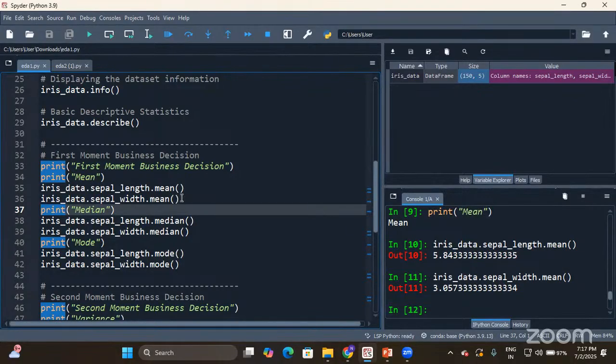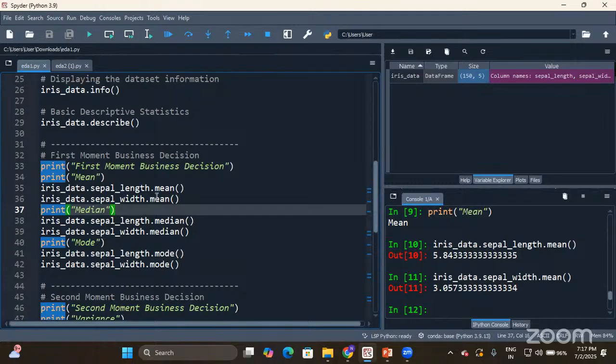This is just an example. EDA means performing analysis on all the columns. I haven't done it on the rest of the 2, but when you are working on any data set, you are supposed to do it on each and every feature, each and every column.